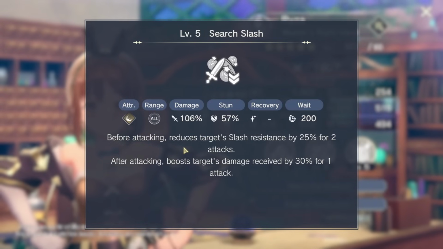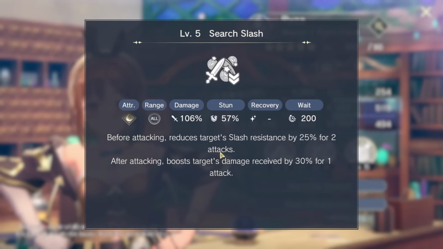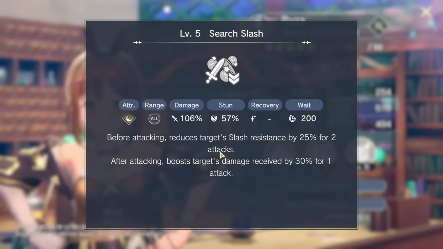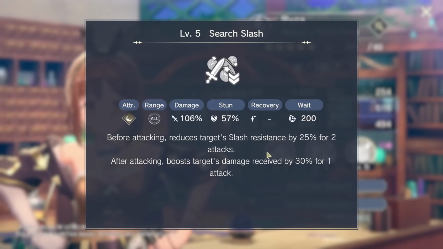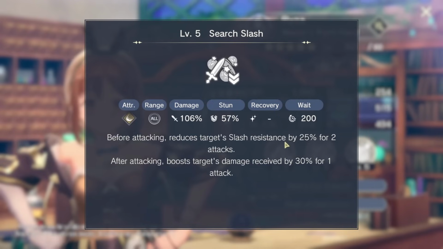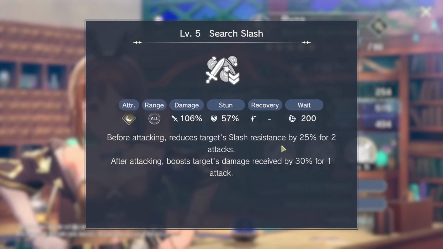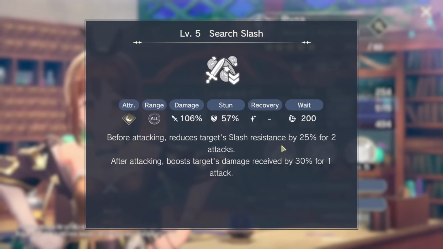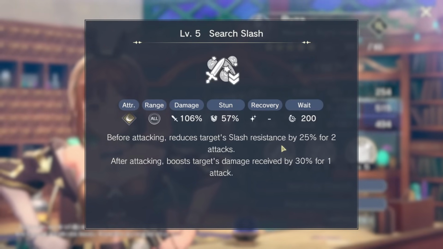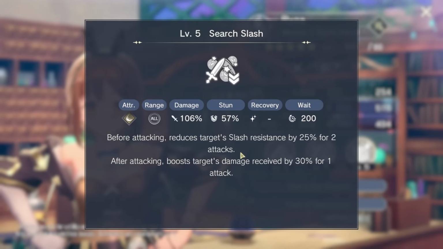And before attacking, she reduces the target's slash resistance by 25% for 2 attacks. So this is before she attacks, right? So her break damage, her stun damage will get the benefit of this resistance reduction. And that's really, really good, especially because most enemies in the game have 0% resistance, neutral to what they're not weak to. There are, of course, exceptions, but this is generally how it works. Outside of like Affinity Tower and event score battles, yeah, she'll be creating her own weaknesses a lot of the time using this,